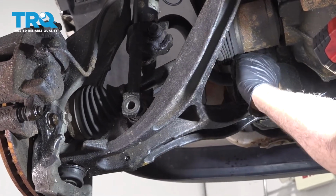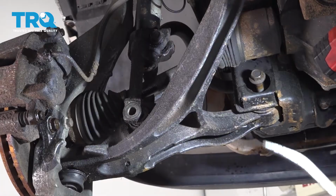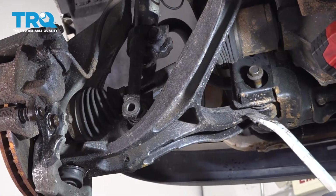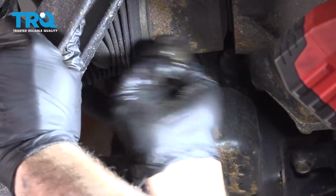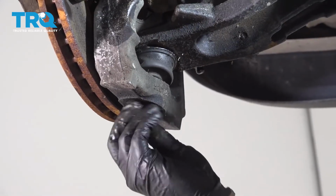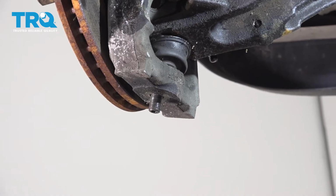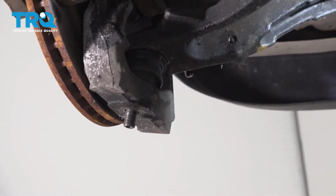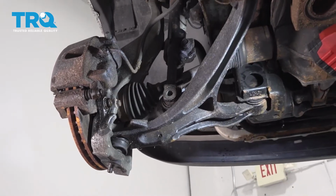I'm going to go ahead and try and get this bolt out. Might have to use a pry bar to try and wiggle this bolt out. You can now go ahead and remove the ball joint nut. Set that aside, and carefully I want to go ahead and maneuver this control arm